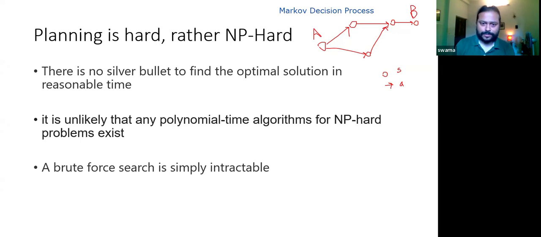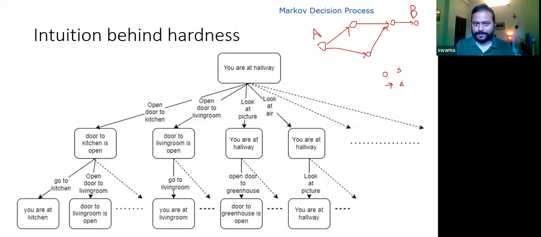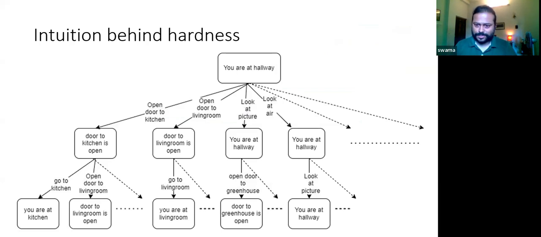Maybe I'll just show one. This is one diagram for planning. Understanding this diagram will make it clear how this planning problem is difficult to solve. It requires exponential time if you do a brute force search. The one that you drew, these nodes are states. I have represented the whole planning search problem as a tree search.